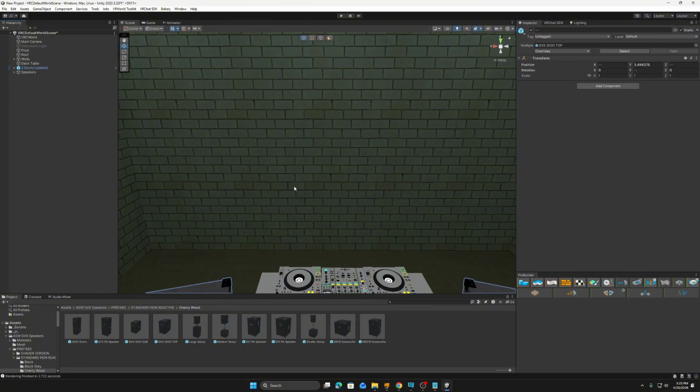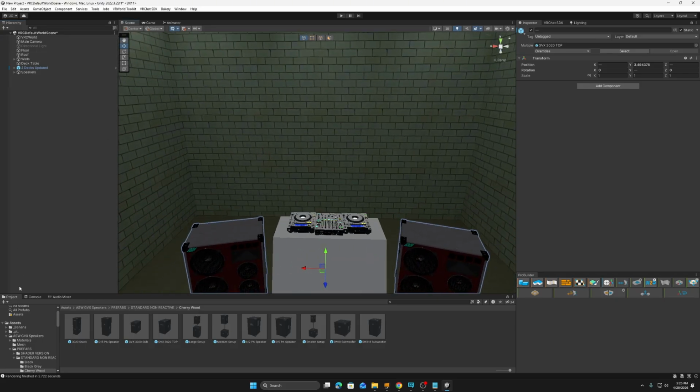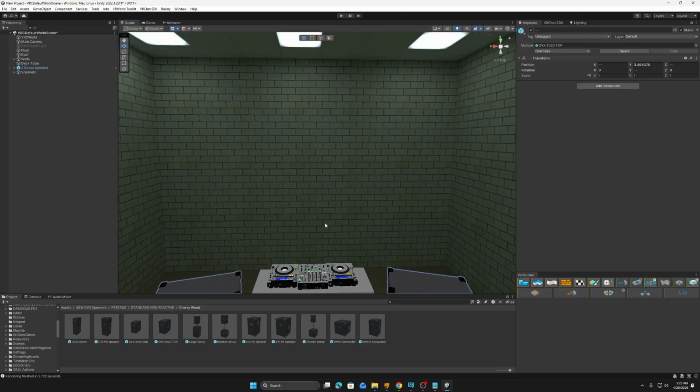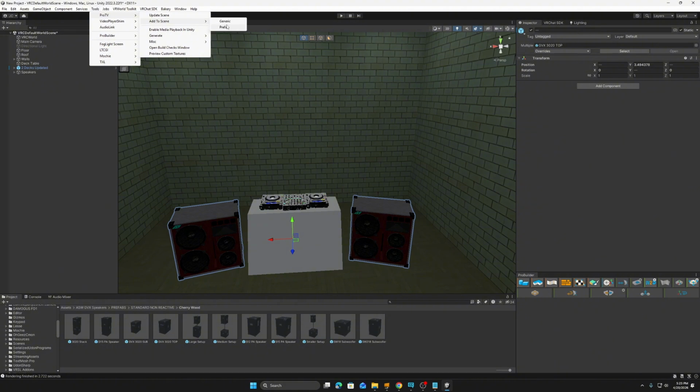Perfect. So now those are all together. Now we're going to go down to, there's 2 ways you can import a TV. We're going to do the TV now. You can go to Pro TV, and then you can just add to scene a generic or a prefab,